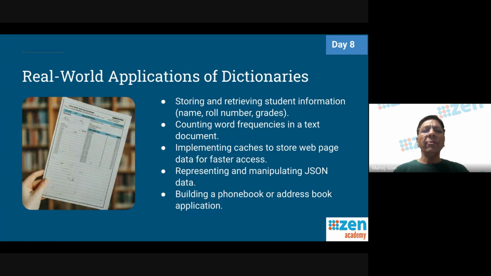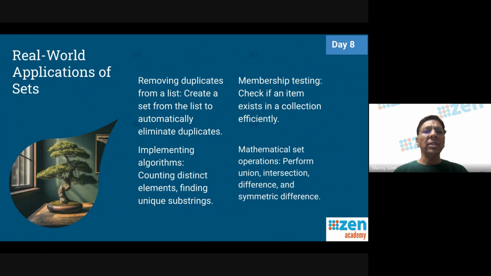Storing and retrieving student information, this we have seen in the real world examples of dictionaries. We were talking about sets, so removing duplicates from the list. Membership testing, if an element exists in a particular collection or not, right? Implementing algorithms, counting distinct elements, finding unique substrings, mathematical set operations, performing union,